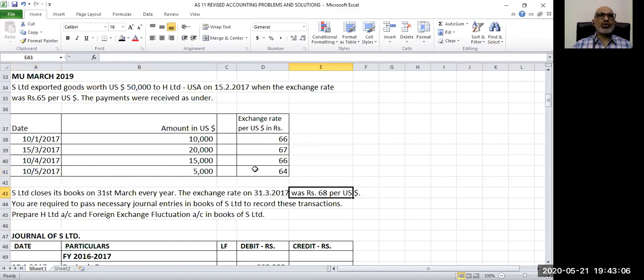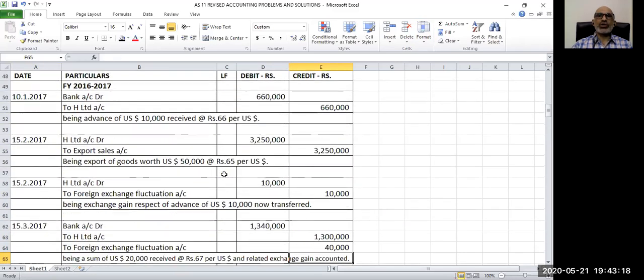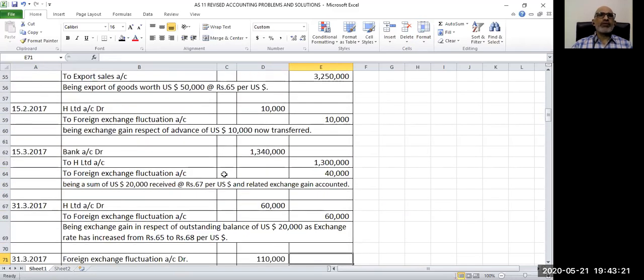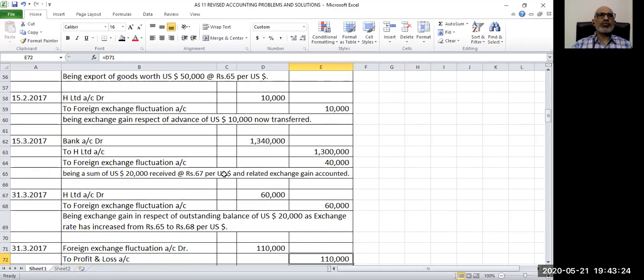Now, first thing we must note is on date of balance sheet, 31st March 2017, the outstanding amount is total $20,000, which is received subsequently. So let us see what happens with this $20,000. Originally, our dollar rate for booking was 65 rupees per dollar when we recorded export sales. End of the year, March 17, the dollar rate is 68 rupees per dollar. That means there is a gain of 3 rupees per dollar. $20,000 were outstanding on 31st March 2017 into 3 rupees per dollar. That means we have made a gain of 60,000 rupees.